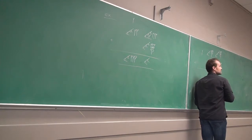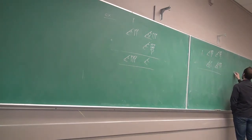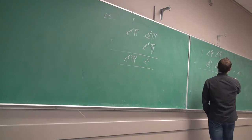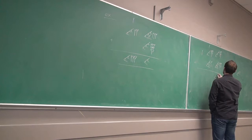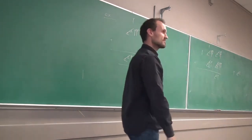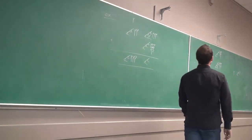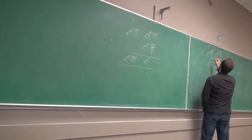81 doesn't convert directly into Babylonian. 81 would be 1 group of 60 and 21, which tells me I'm carrying over 1, and I'm left with 21. You can do that down the side. Now I have my 1, so these together would be